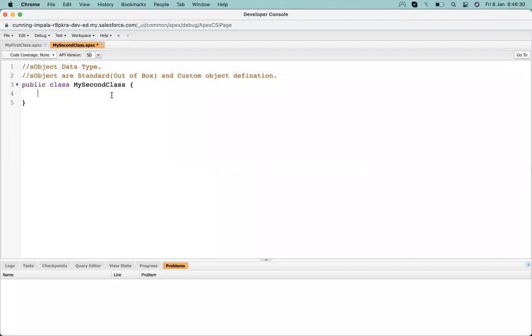Let's start with how sObjects work. Before that, let's create a method.